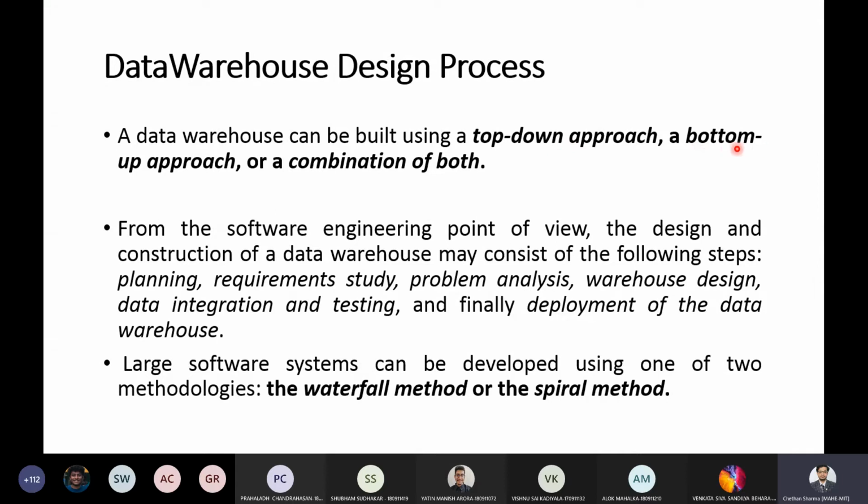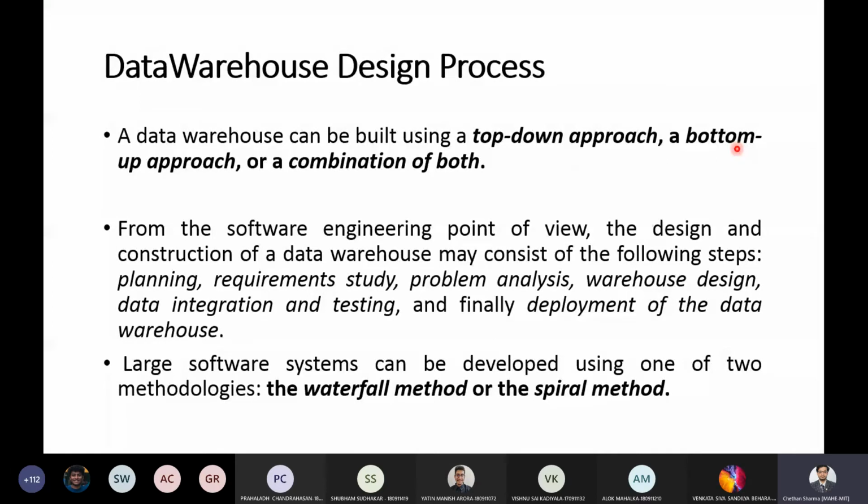Okay. And the bottom-up approach starts with experiments and prototypes. You don't know much about the technology, so it is useful in early stage business modeling and technology development. The bottom-up approach basically allows your organization to move forward at maybe less expense and to evaluate the benefits of the technology before making significant commitments.